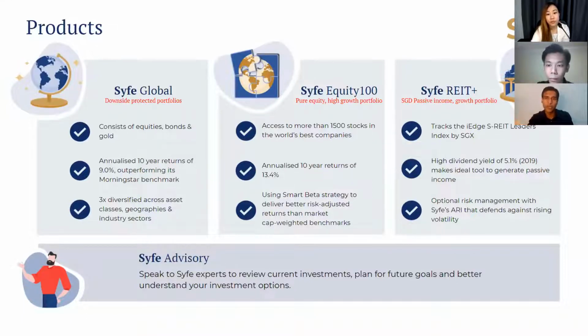Just build your exposure, and maybe you have a goal, say 10 years down the line, 20 years down the line. I want to have a sufficient amount invested into REITs such that I generate, say, $1,000 a month or $2,000 a month, right? So that is how we have structured our investments to make sure you get the global exposure, diversified, risk managed, but at the same time you do have these options to express yourself, whether you want to get into a more high growth sector exposure, or you want to generate some sort of passive income over a longer horizon. Does that make sense, Don?